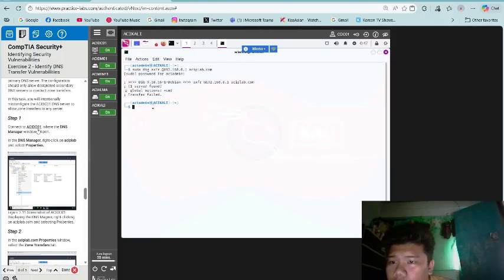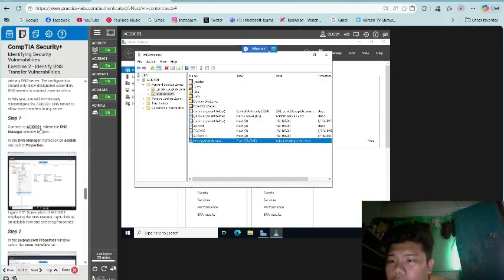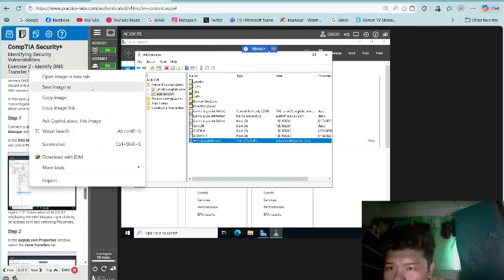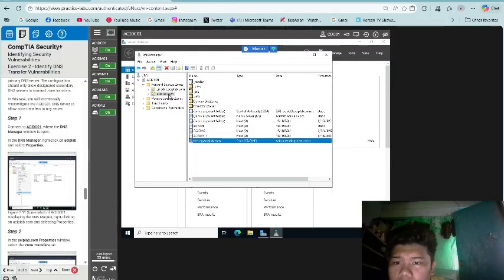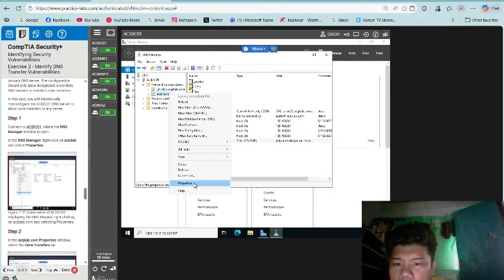Step 1. Connect to ACI DC01 where the DNS Manager window is open. In the DNS Manager, right-click aciplab.com, then Properties.